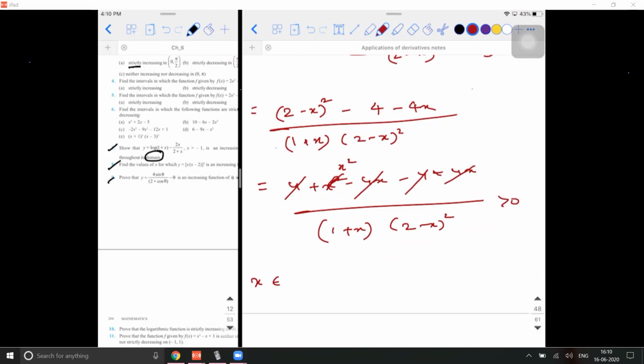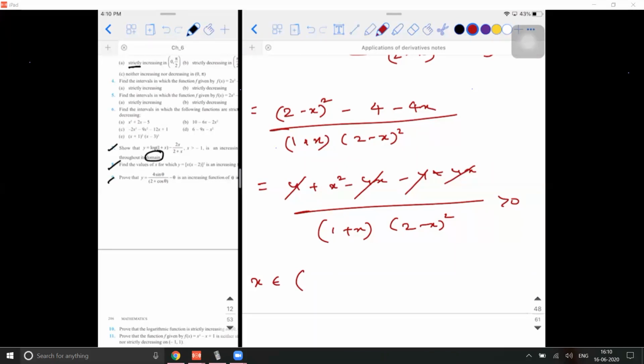Sir, sorry? Can you tell me where it will be increasing? I mean, my answer or for this? Your answer. Is this the step you got? I just want to cross verify if you got the same steps. Sir, I got the domain only, sir. I got minus 1 to 2 union 2 to infinity. But I asked you to find where it is increasing and where it is decreasing, no? It's increasing, but I don't see a point in decreasing, sir. You don't have a point in decreasing because the domain itself is minus 1 to infinity. That's right.